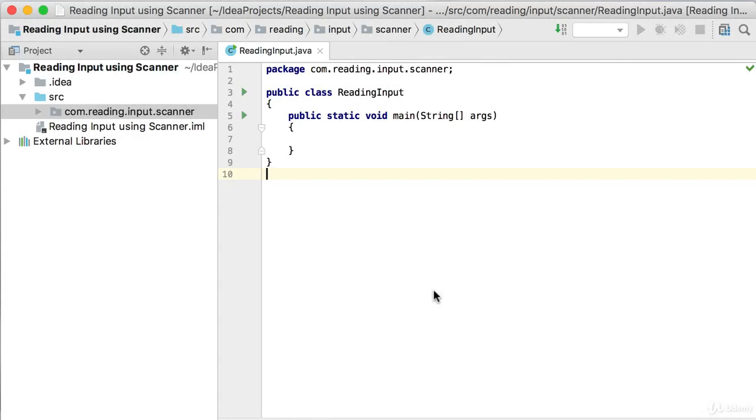A program without some sort of interaction with the user is no program at all. In this video, we will see how we can get input from the user by using the Scanner class and the System.out.println method. So what I've done so far is to create a new project like we did in the